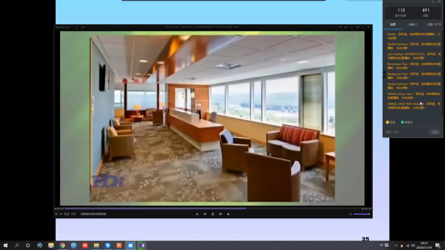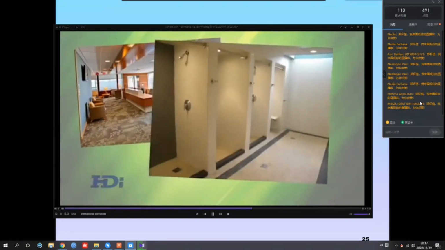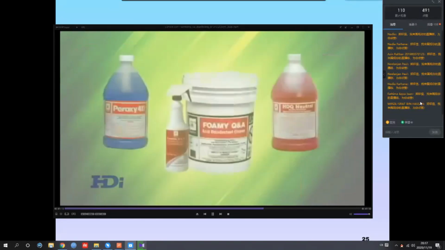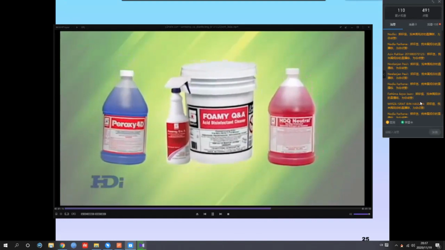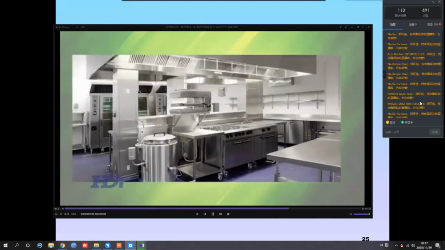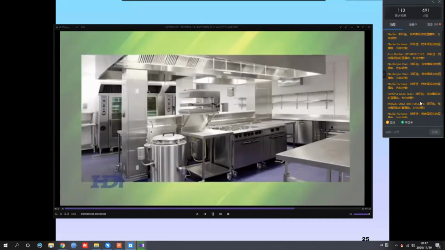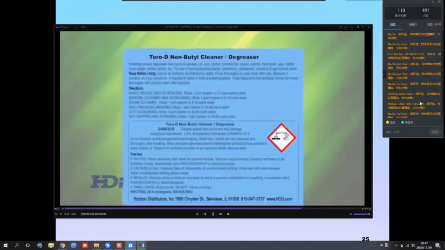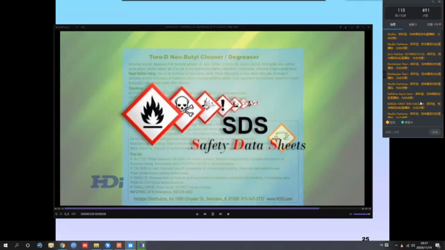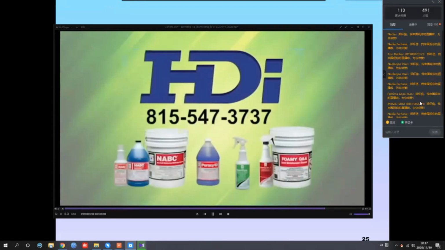Disinfectants are best for general public areas, locker rooms, and restrooms. Thanks, Sherry. NABC works great. Here are some other great disinfectants we carry. If you do use a disinfectant in a food contact area, the treated surface must be rinsed well before reuse. As with any chemical, always follow the manufacturer's directions on the bottle and have the SDS handy in case of emergencies. Click on the products for more information or call us today.